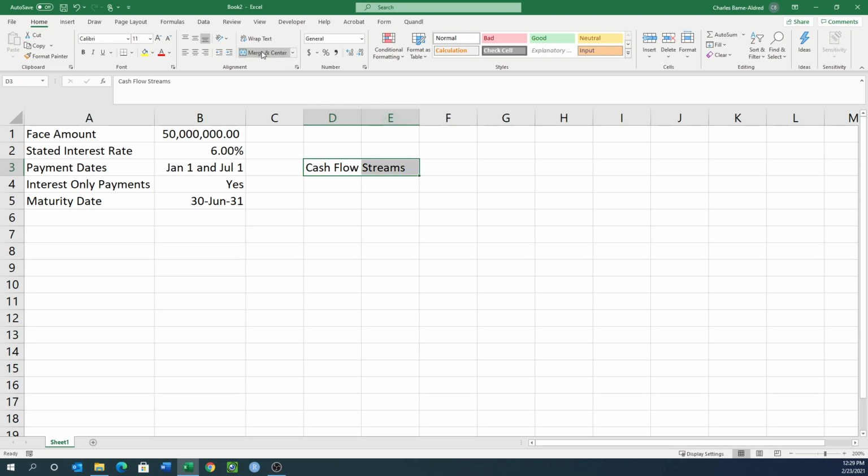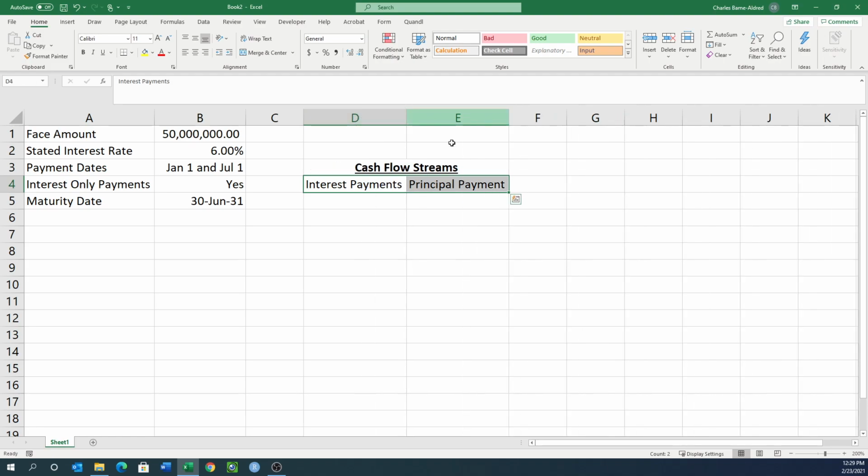One of the cash flow streams that I have is interest. And the other one is going to be the principal payment. Singular, one principal payment, right? So when I'm looking at these two payments,